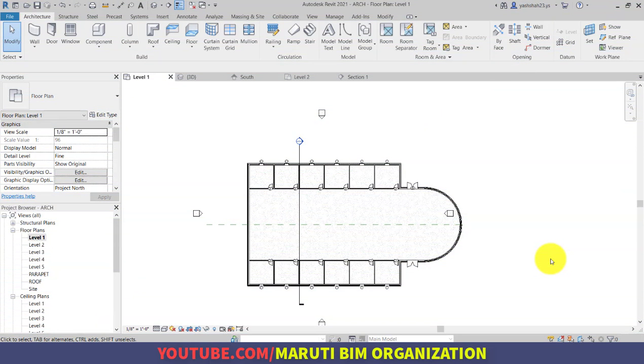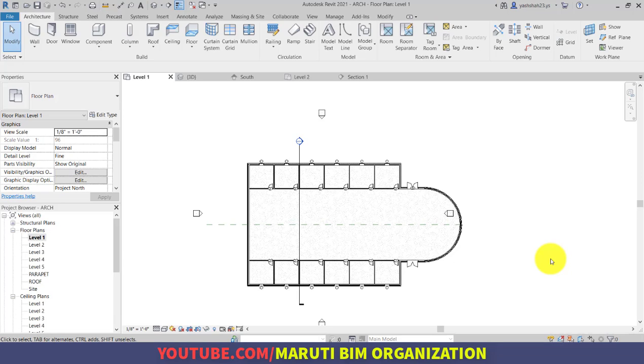Okay, so in the previous video, we have seen how to create the floor, how to copy paste the floor with different levels, how to create our custom floor, how to edit the type of the floor, and how to add the different layers to the floor. All those things we have seen in the previous video. Now, in this video, we are going to see much more detail about placing the rooms.